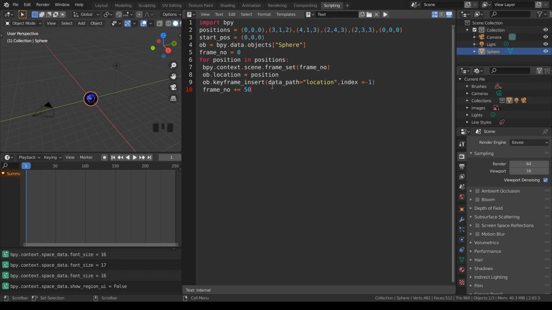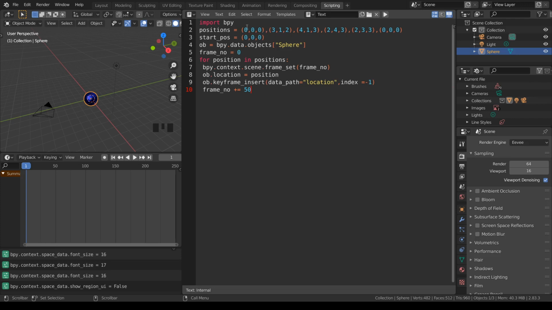Okay. Now let me explain the code. This is a very simple code where we have a sphere and we are trying to move the sphere in the given space. In this case, I will first import Blender Python, so I will say import bpy, that is Blender Python. Now I've given some positions to the sphere. If you've seen, in every bracket there are 3 values given. The 3 values correspond to your X, Y and Z coordinates.